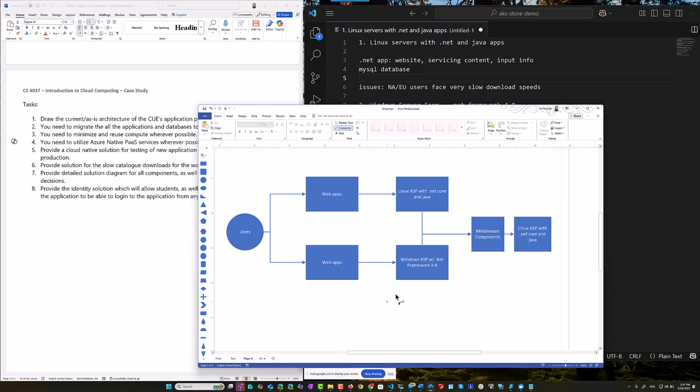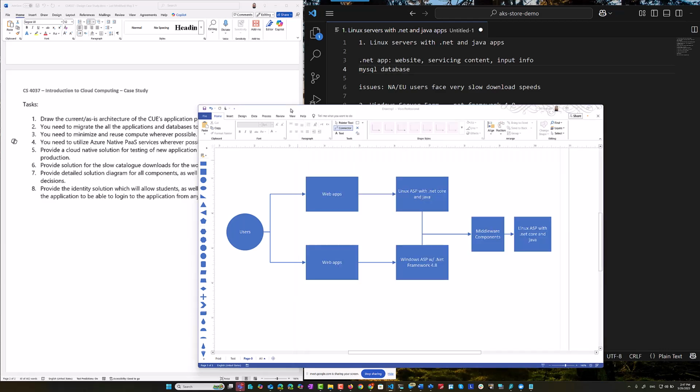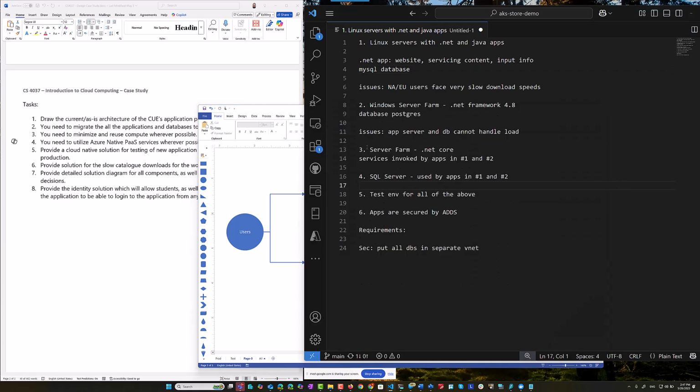Yeah, they're invoked by both of these, right? It doesn't matter what it is. Whatever I have built, the important part is it's a server farm, right? I'm not going into those details right now. For example, here there are web applications, and let's say